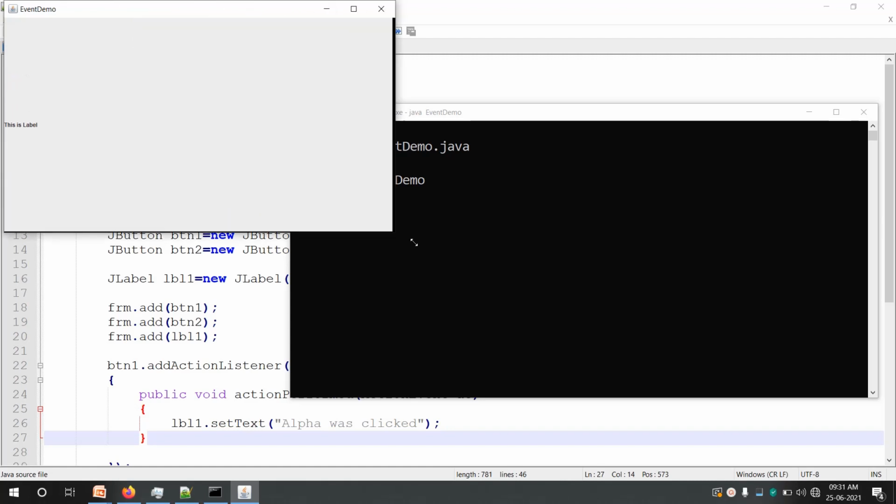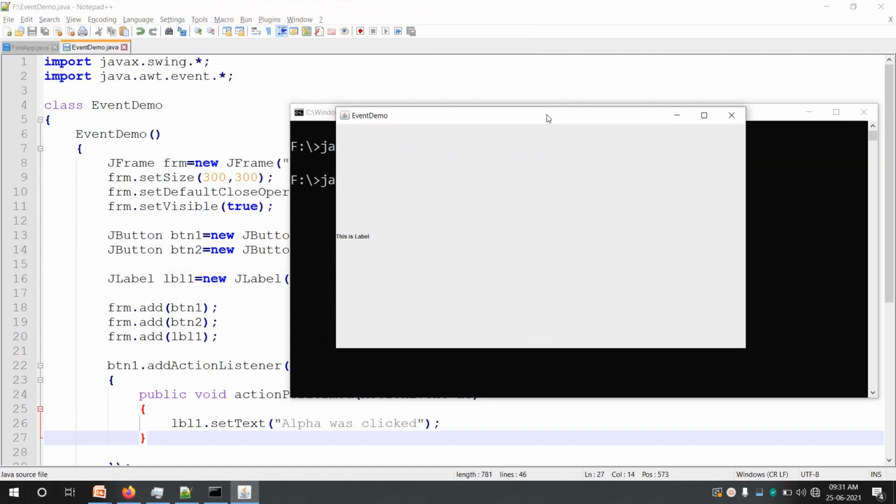Okay, now you can see here the content of the label is displayed, which means the label is displaying, but what about the buttons? The thing is the layout of the JFrame, by default, is the border layout, and by default the components in the border layout are added at the center of the JFrame. So when I added the first button, it was added at the center.